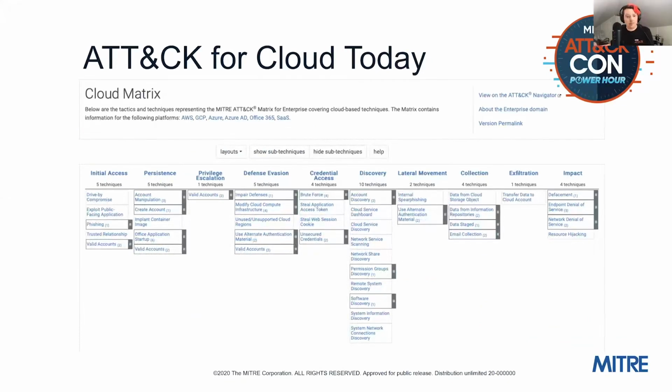With the release of subtechniques in July came a refactor of Attack for Cloud to also add subtechniques. With that update, we also added some new infrastructure as a service techniques and subtechniques like modify cloud compute infrastructure within defense evasion. And we made some improvements to ensure that every technique in cloud had some sort of description on how it fits into cloud. As always, though, if you see gaps in the cloud matrices, please feel free to send us new technique and sub-technique submissions. We love contributions. We definitely hope to just continue to work with you to make Attack for Cloud as usable as possible for the community.